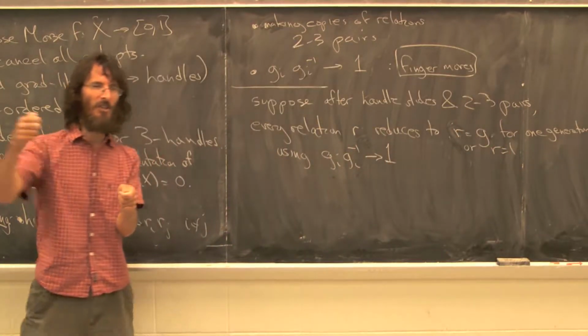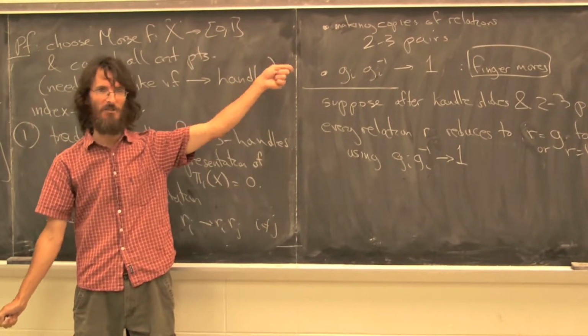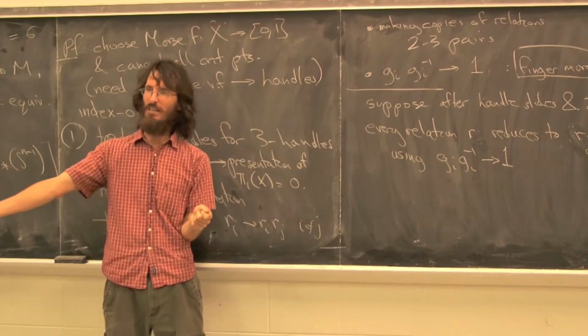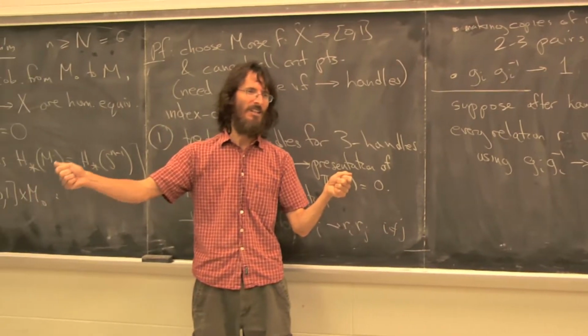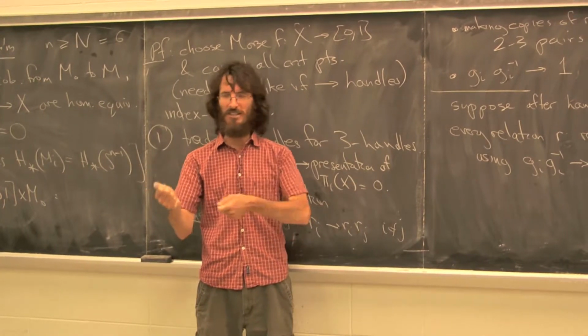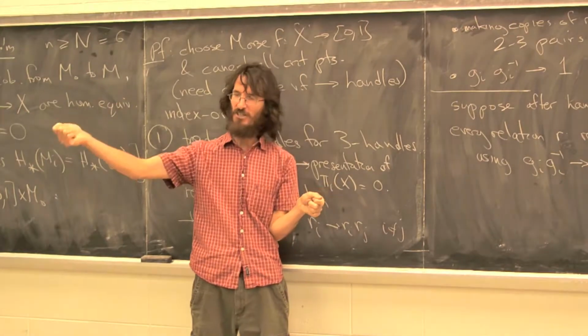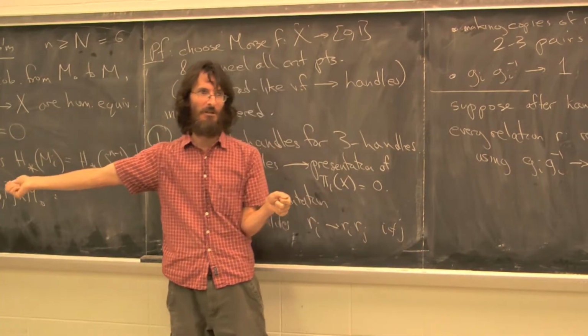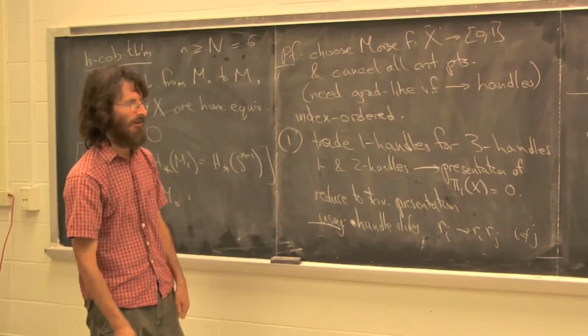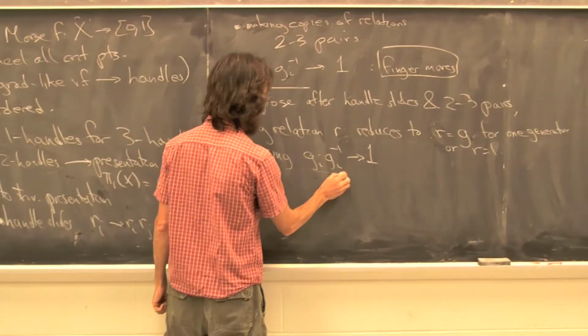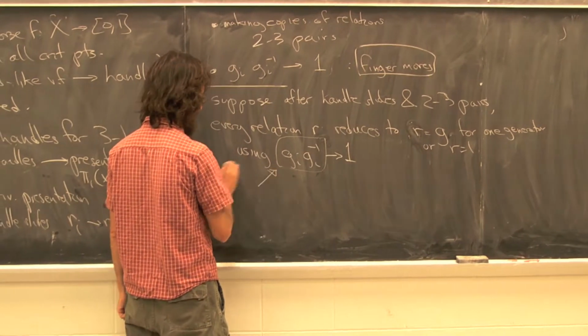Because we introduced a bunch of 1s and then slid them over, presumably we have way more relations than generators, and so in the end, after all this process, we should get that each generator has a relation with it, and then all the other relations are just 1. So what does this mean? This means that the attaching